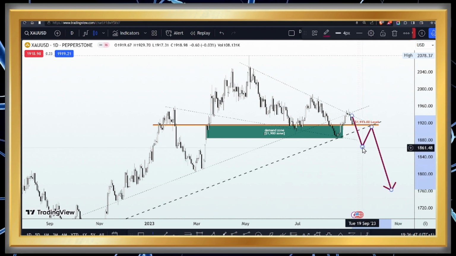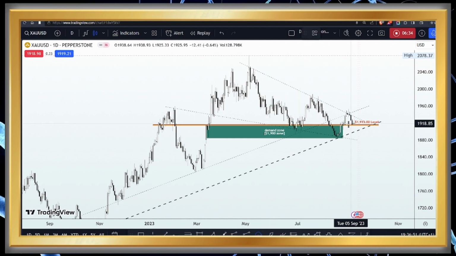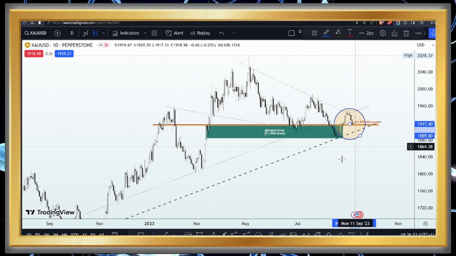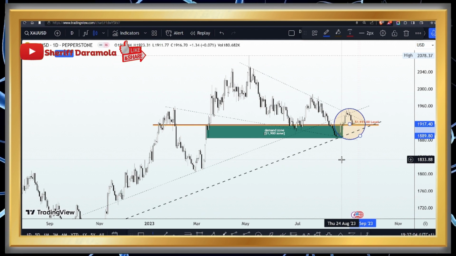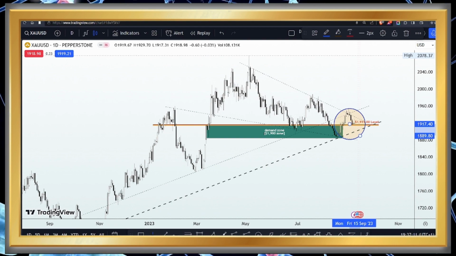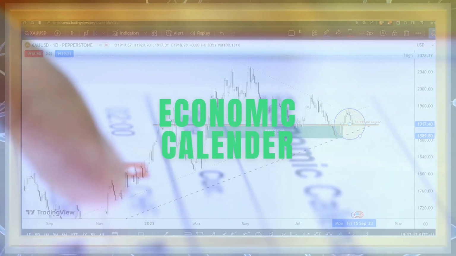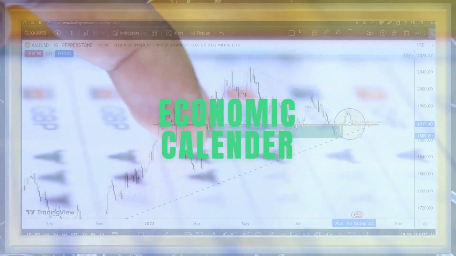Now, with this information here, I would like us to look at what has really been going on in the last couple of weeks, and in order to do this, we shall be scaling down into the 4 hours time frame, where I was able to identify a simple setup that we shall be using to guide our trading decision for next week. But before we go into the 4 hours time frame, I would like us to take a quick look at the fundamental factor that will be driving price movement in the coming week.